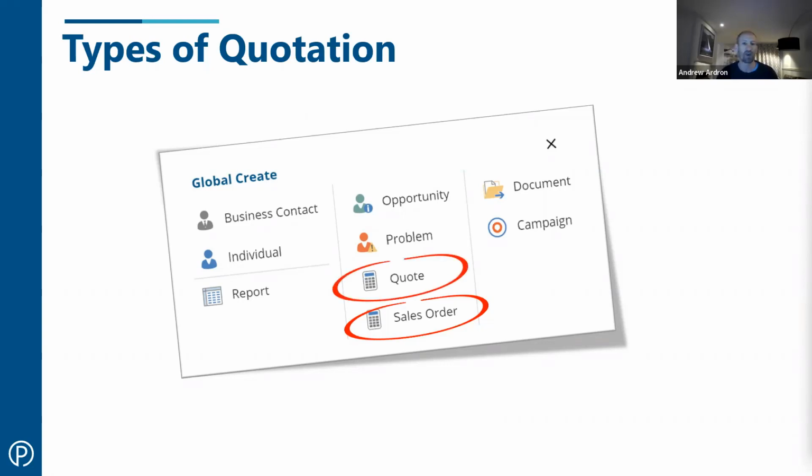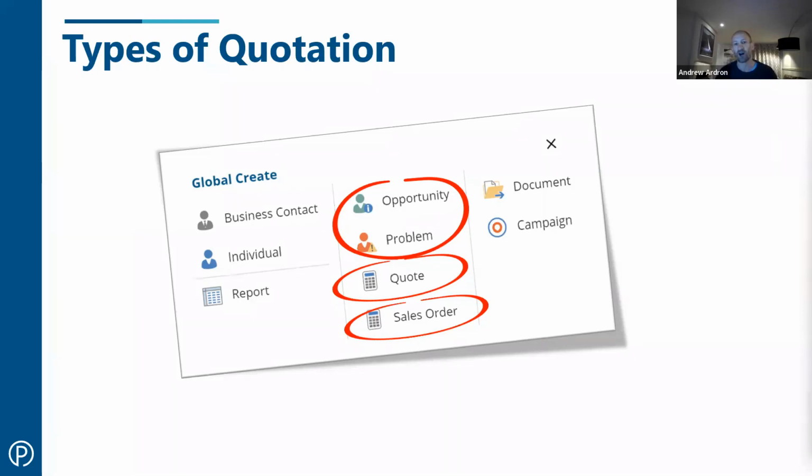Obviously, the customer might just ring you up or send you an email and ask you for a quote. And that process is what I'm going to show you, the straightforward quotation process. That's what I'm going to use for my example today. But it's equally worth considering that you might also generate a quote as part of managing a sales opportunity or a customer support problem. So, an opportunity would be used if, particularly you've got a new customer who's inquiring about